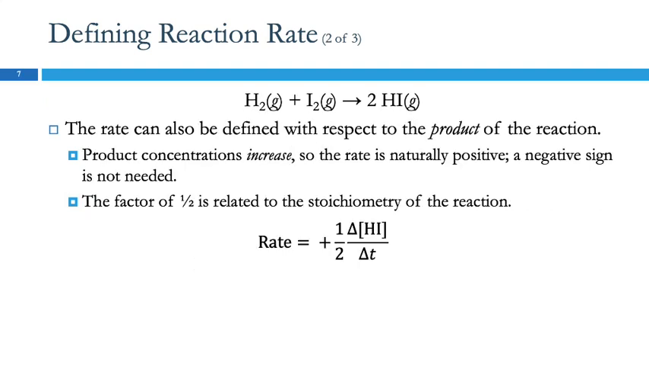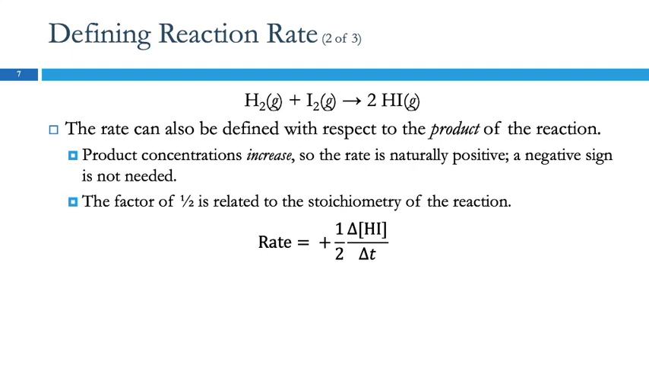We can also define the rate with respect to the product of the reaction. So here, the product is HI, right, 2HI. Well, product concentrations increase when the reaction occurs, and so the change in concentration is always going to be positive. So we don't need the negative sign. We need a negative sign when we're talking about changes in reactant concentrations. We do not need it for product concentrations. So here the rate equals, and they put this plus sign in here, not because you need the plus sign, but just to make it stand out, this is not a negative sign like the other one was. And here we have delta HI over delta t,